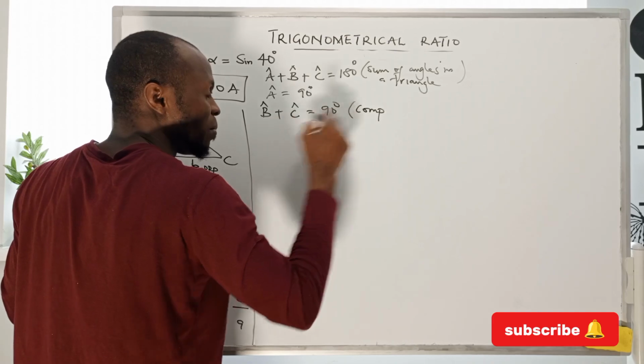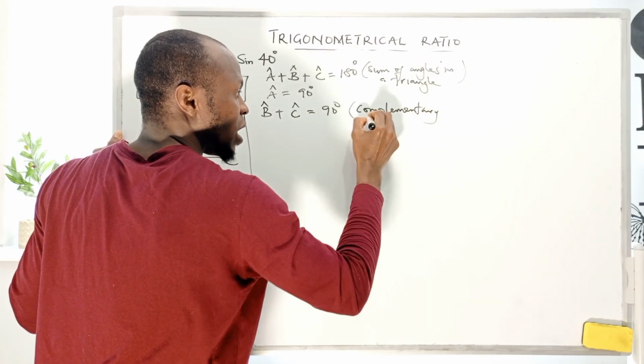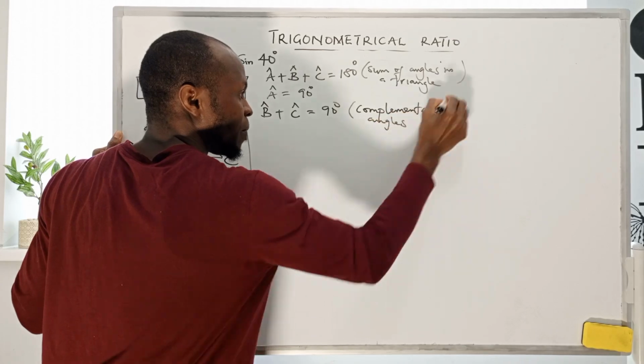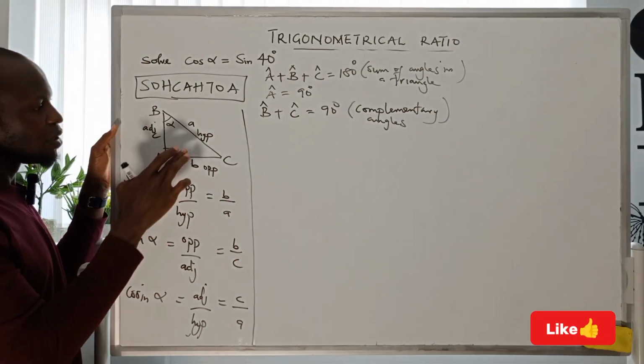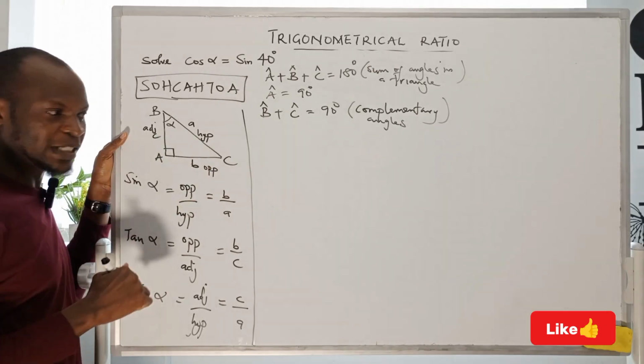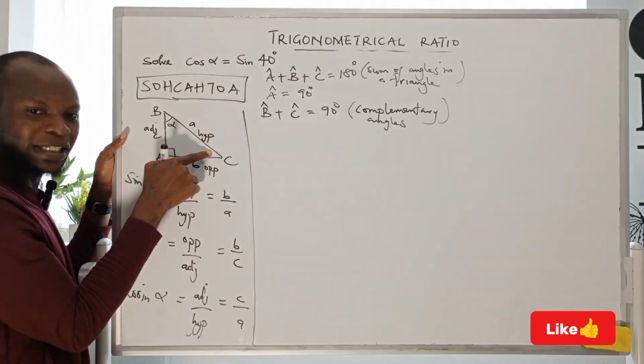That shows that B is complementary to C. Complementary angles. You can check my previous video to understand this theorem also. Now, if these two are equal to 90 degrees, that shows that this place will be equal to 90 degrees